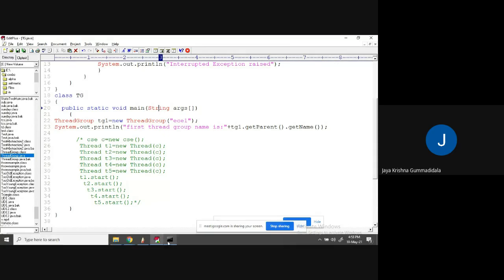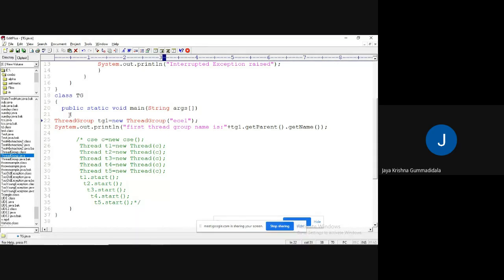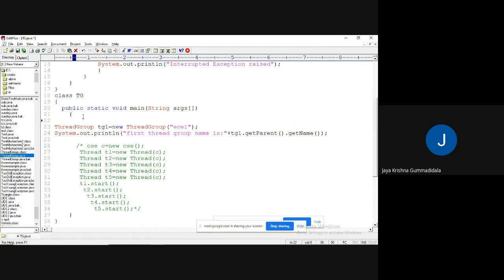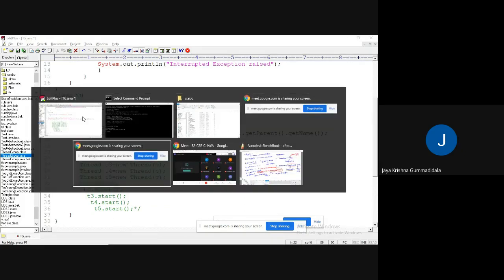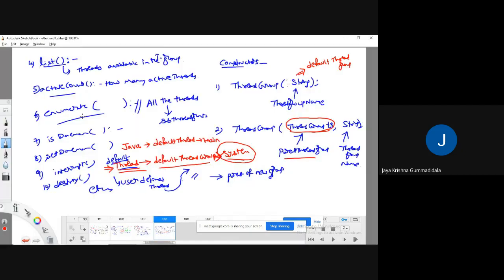Okay, fine. So I hope you followed this one, right? Guys, have you seen this statement? Have you observed this statement? Tell me once. I have written current thread dot get thread group dot get name.